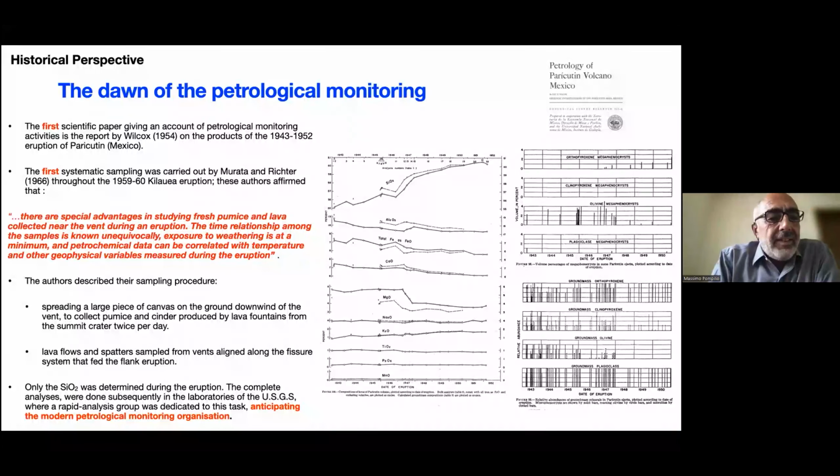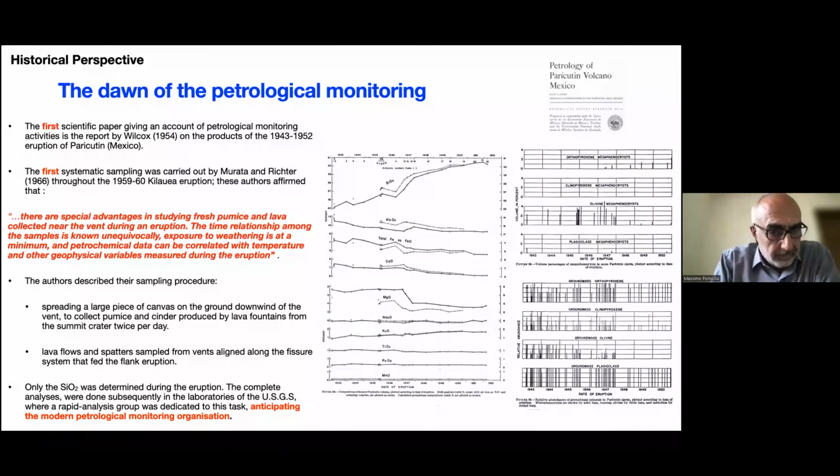In general, the first scientific paper, to my knowledge, giving an account of petrological monitoring is the report of Wilcox on the products of the long eruption of Paricutin from 1943 to 1952. But the first systematic sampling was carried out by Murata and Richter during the eruption